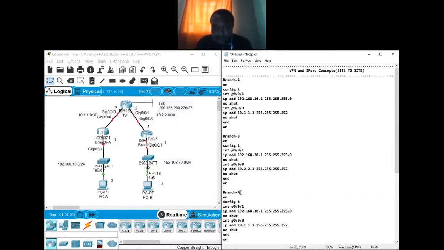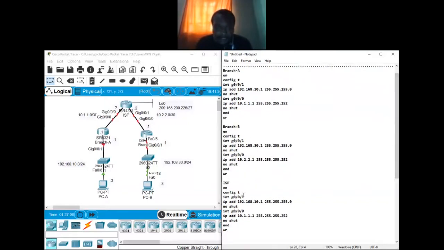I repaste, but this time this information is for the ISP. Under ISP, you have gig 0/0/1 and gig 0/0/0. This is the data that you're going to change, so be careful.